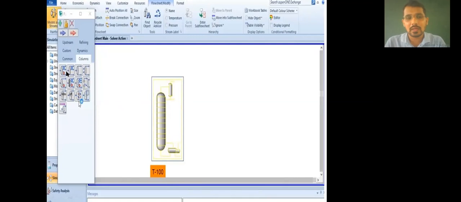This column will be placed in the simulation environment. This is nothing but the distillation column. Here you can see this is the column, this is the condenser, this is the reboiler. That may be packed, that may be tray, but we are going to simulate a tray column here. So after clicking that column, I now have a distillation column here.